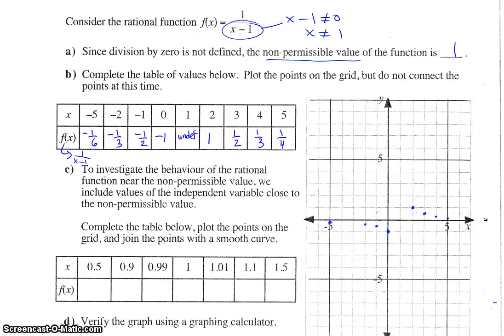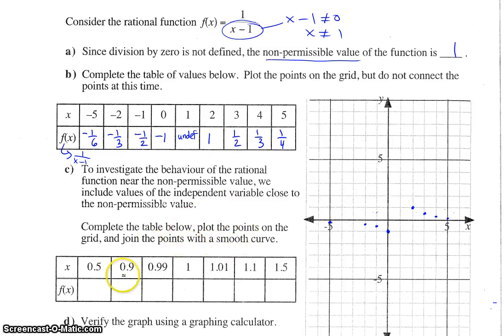Okay, so we filled in that table. You'll notice when x was 1, it was undefined, which of course was our non-permissible value. And then we plotted those points. We're not going to join them up yet because we're going to investigate what is going on near x equals 1, because it looks like the graph is starting to head down, and then over here it's starting to head up. So we're going to take a look at the behavior of this function near that non-permissible